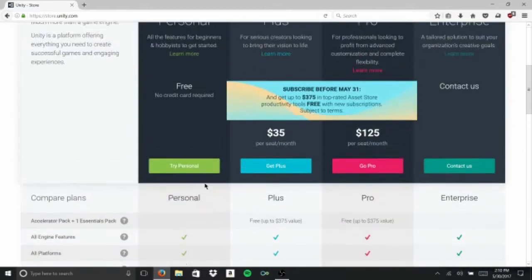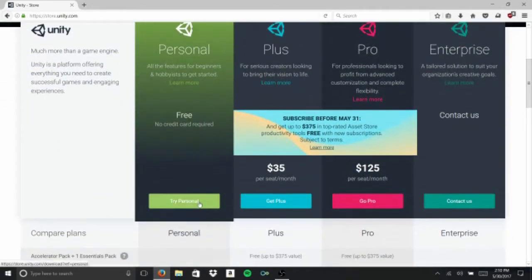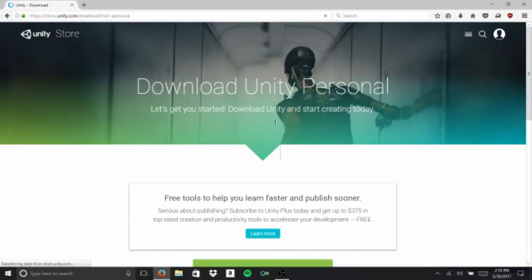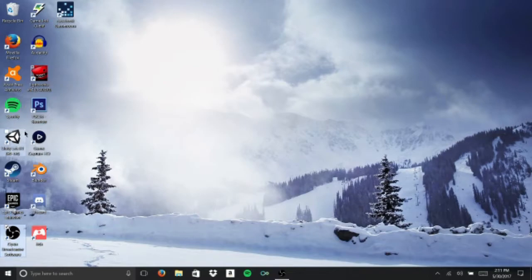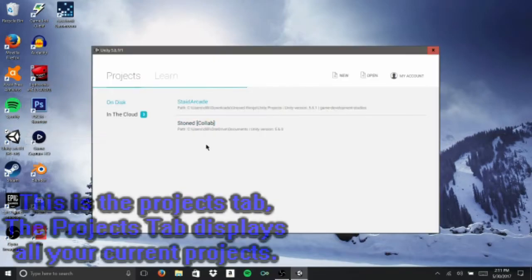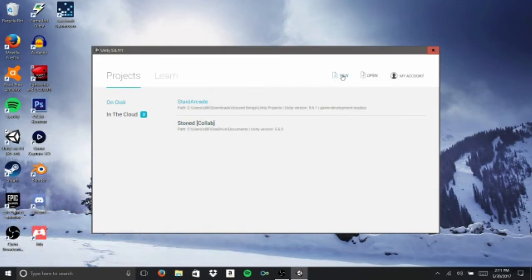I'm going to be using the personal edition, and you just press Try Personal, and then it downloads. And now it's going to have you go through steps in order to download it, and you just have to click Download Installer. But I already have it installed, and you would have to create an account. So whenever you download it, you just open it up, and then you have to click New,